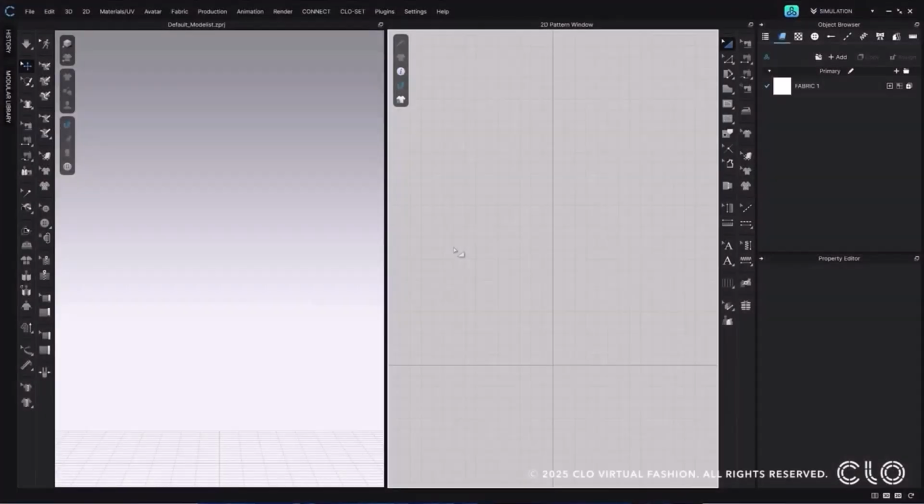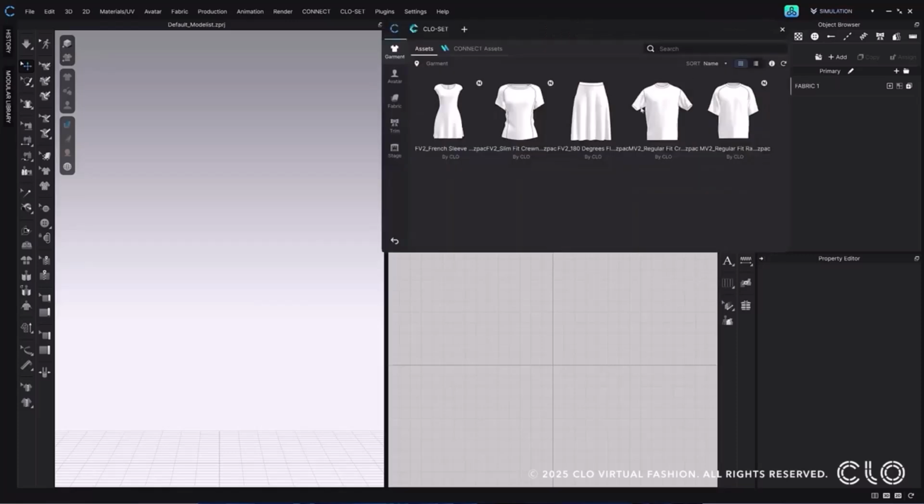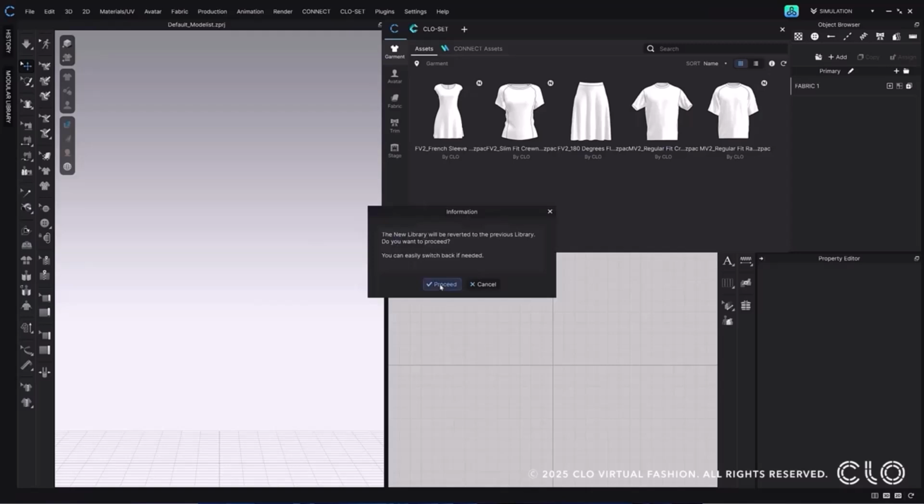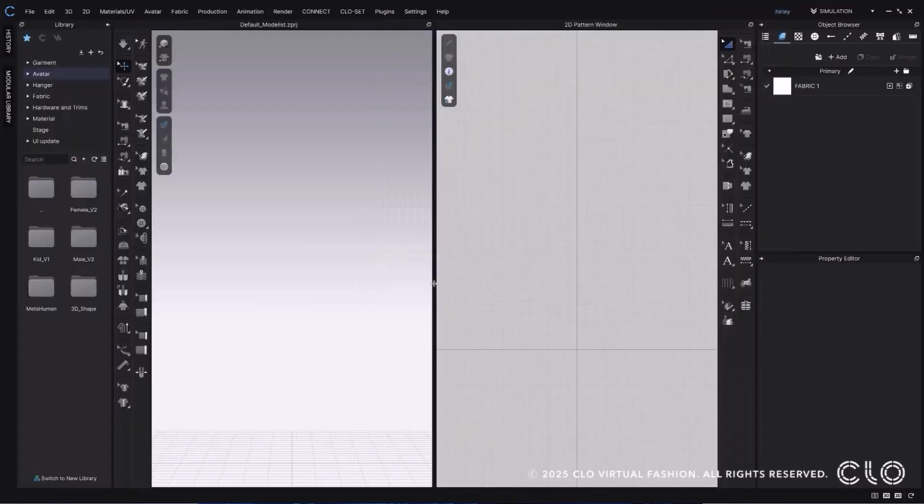We can now bring the favorite folders from the old library to the new library. With this update, you don't need to relink all your favorite folders one by one and just stay in new library. In this old library, you can see that there is a favorite folder that I added named UI Update, which was inherited from version